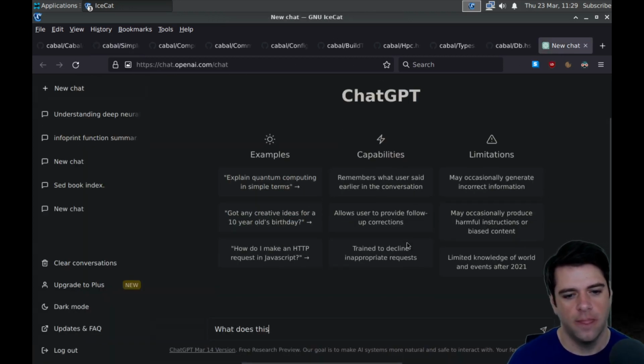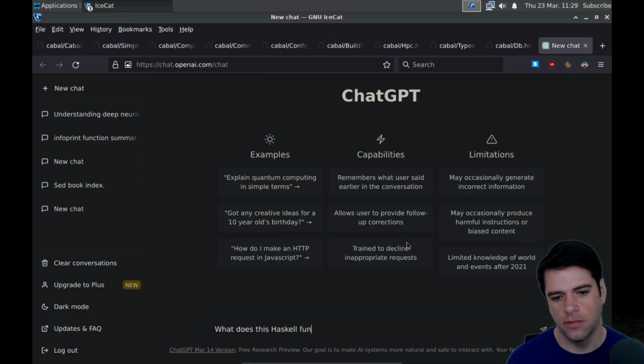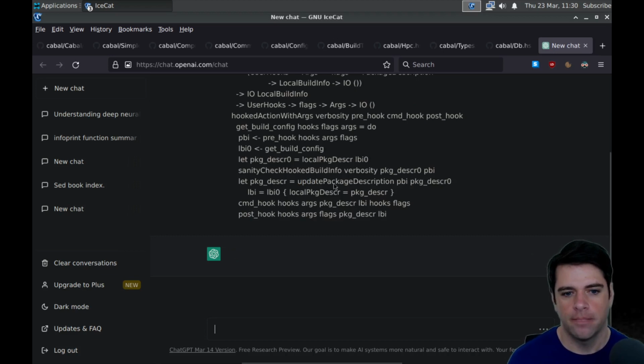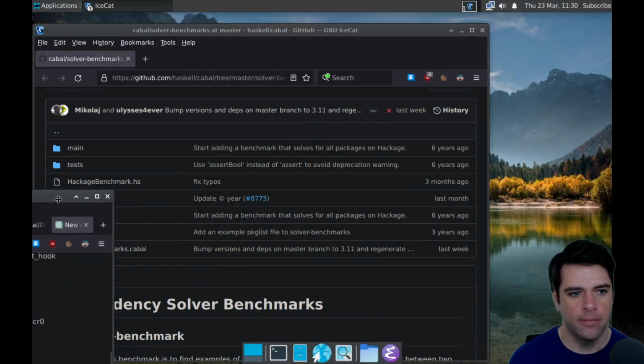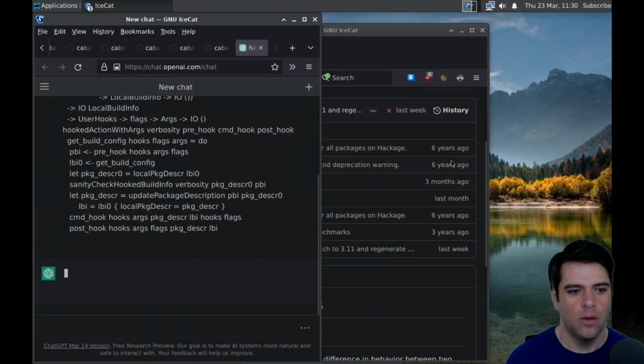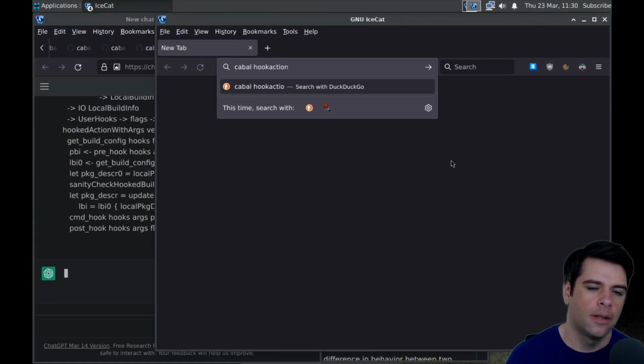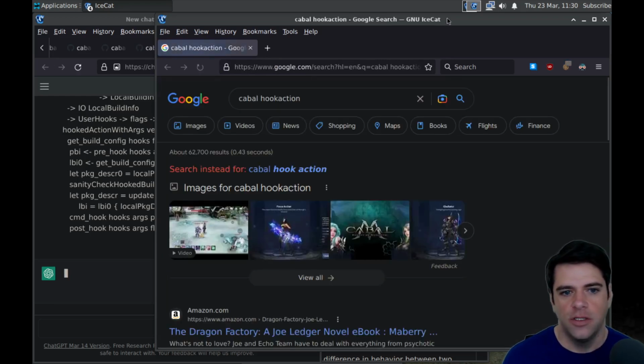What does this Haskell function do? And while it's thinking about that, I will look up the Cabal documentation.